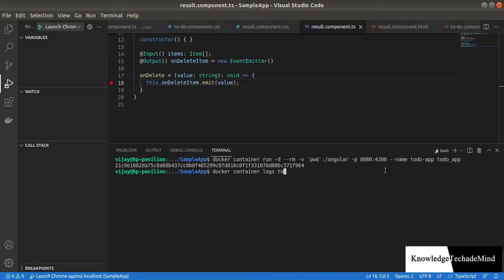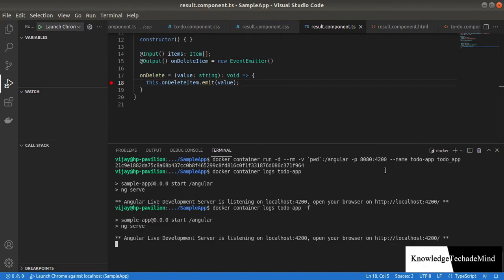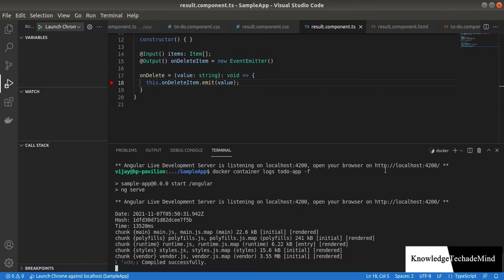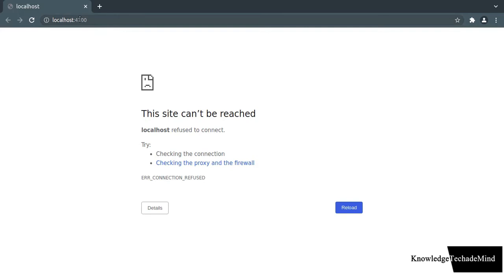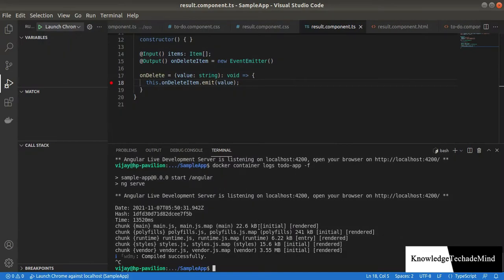You can use the container's logs to ascertain whether the Angular application in the container has started or not. Here we are seeing the logs of the Angular app in the container that was just created. It started with the host name as localhost and is listening on port 4200. I am trying to access this Angular app via browser from my local machine, which is outside the container. Oops! Still I am unable to access the application.